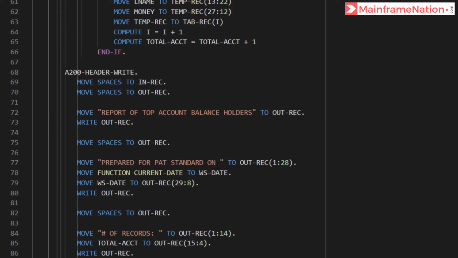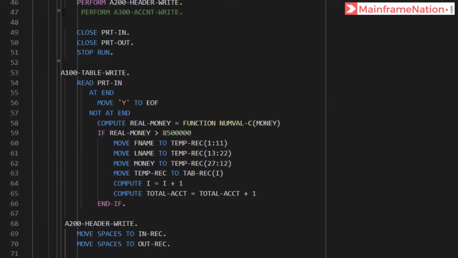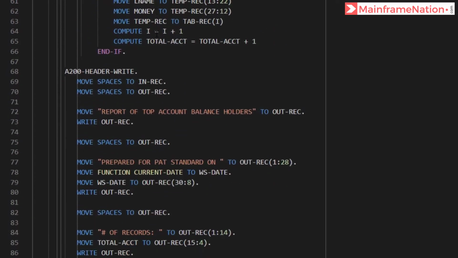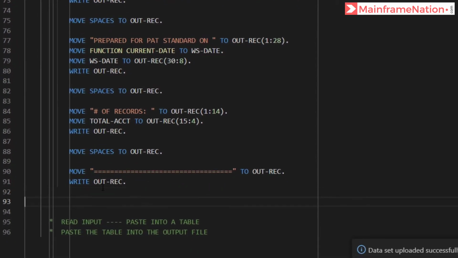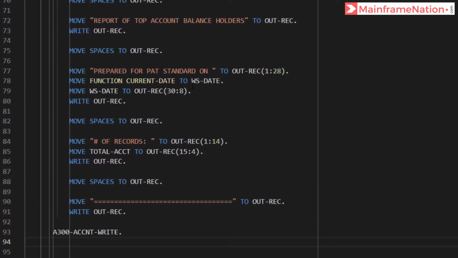Here let's add one more space. Instead of 29, let's give 30. In the end, let's just write all the records, that is, perform A330 account write. So let's create one more paragraph, A330 account write. So we have the table which has all the accounts.